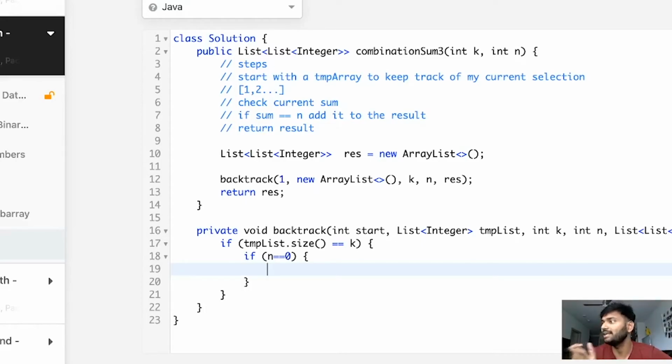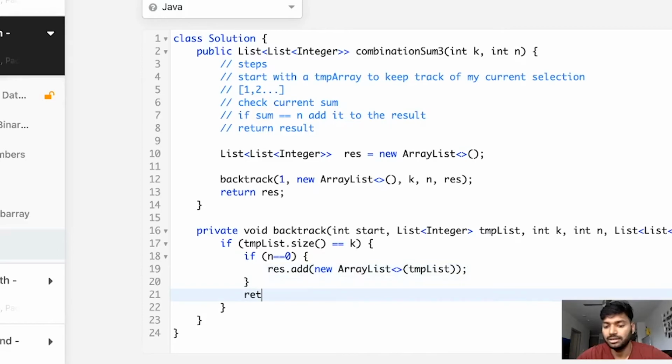If n equals 0, then you've hit your ideal array, which is like 1 2 6 in this example, right? So what I want to do at that point in time is result.add new array list and give it my temp list, and then return, right?